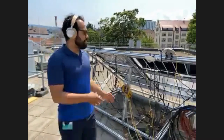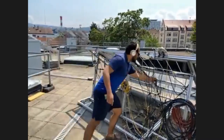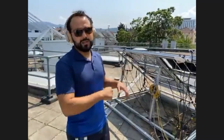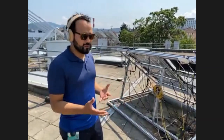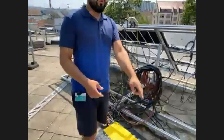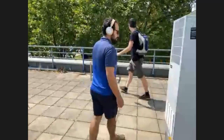The way we monitor these modules is that we have, as you can see, a lot of cables. For instance, this type of cables that are hanging here are used for communication and to send all the control signals to the modules to track the sun during the day. But we also have to connect them electrically to a controller to monitor how much power we're generating. And these are the cables that come down here and follow all the way into our electrical cabinets, where we have all the control instruments. So if we come around here,